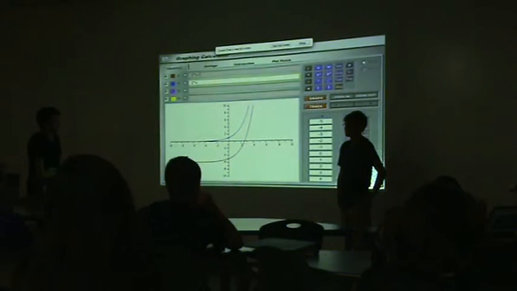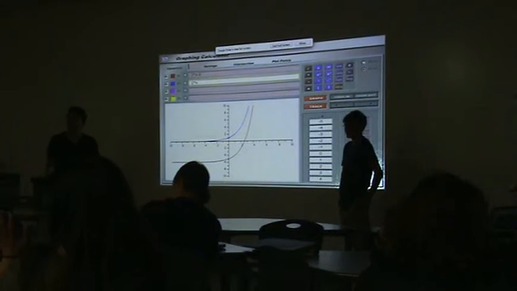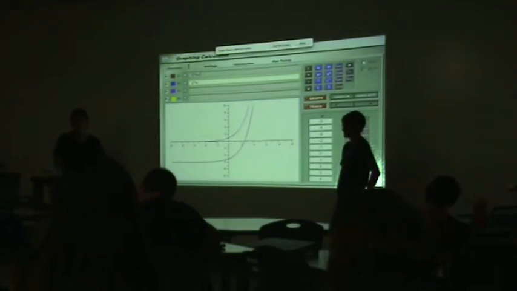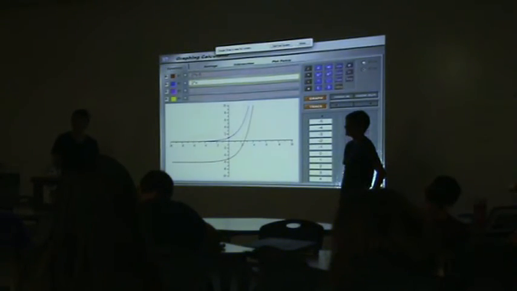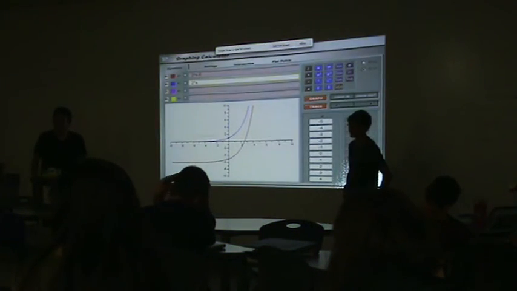How many of you have studied exponential functions in science? And what does exponential mean to you? What's exponential mean? Danny. It grows. Did you see Danny's hand? It went straight up after